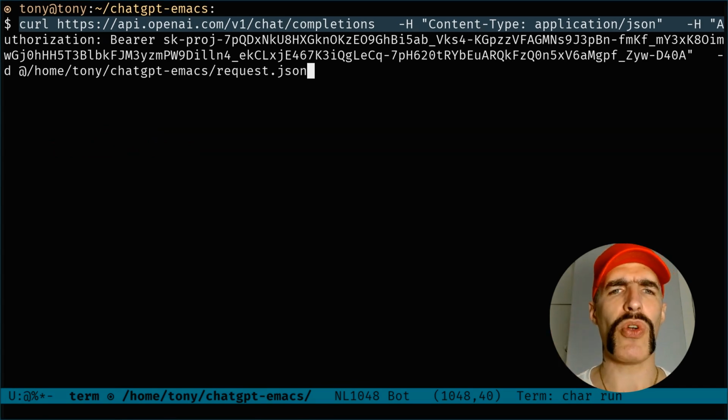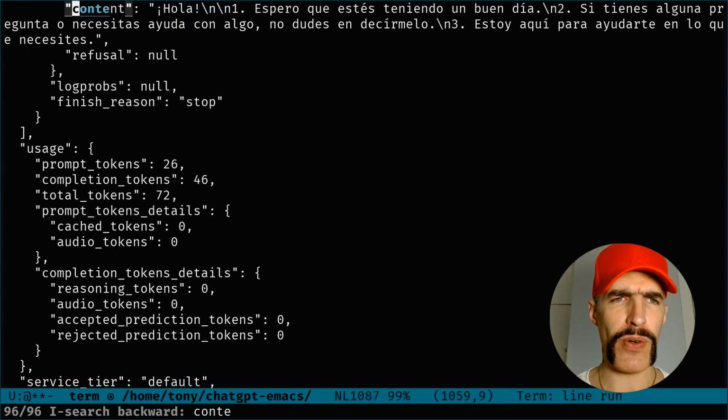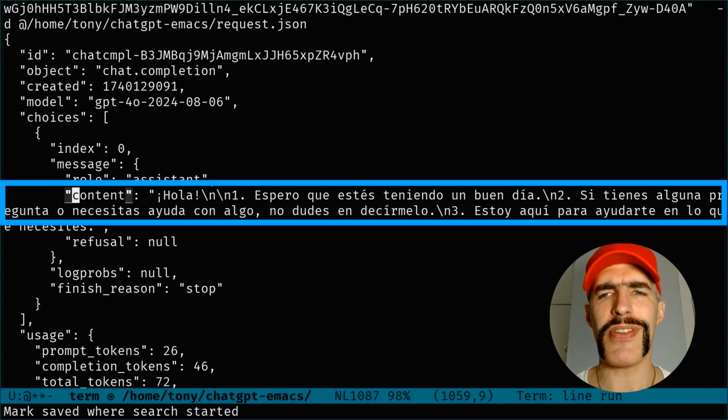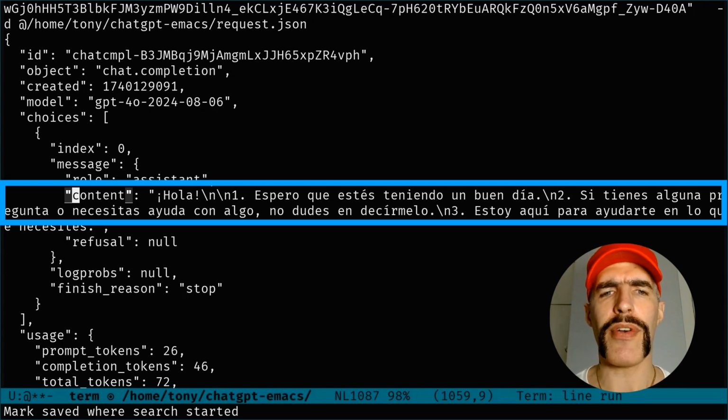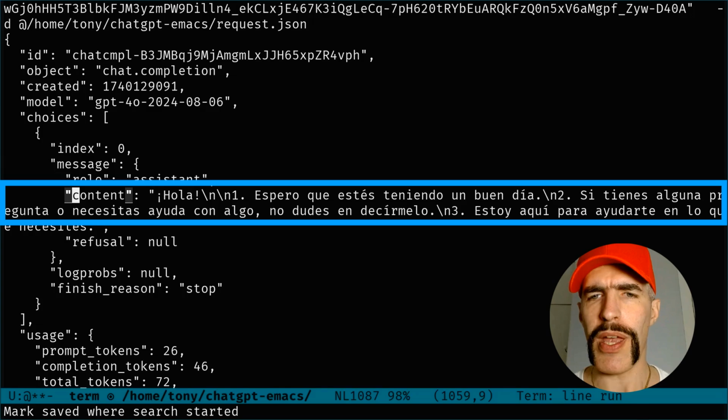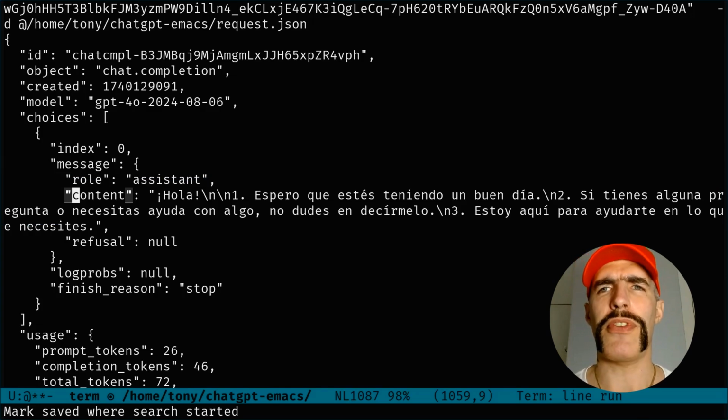We send the same curl request, and we go to the response, and we see now we have \n for a new line, and we also have 1 dot and a space. So we have the response in Spanish with at least 3 sentences and listed. So that's great. That's some of the things that we can do with the developer message, and this ends